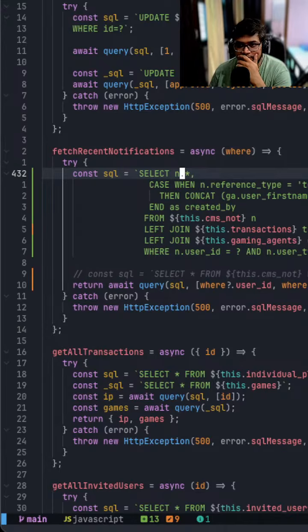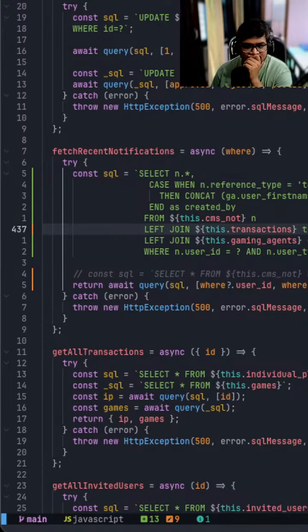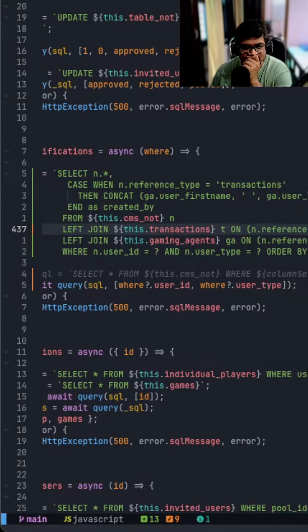So if I go on CMS notifications, let me just do it. So let's say these are the notification points received, right? I have 10, 11, 12 for transactions. So if I open this, I have 10, 11, 12 ID, t.id equals reference ID,